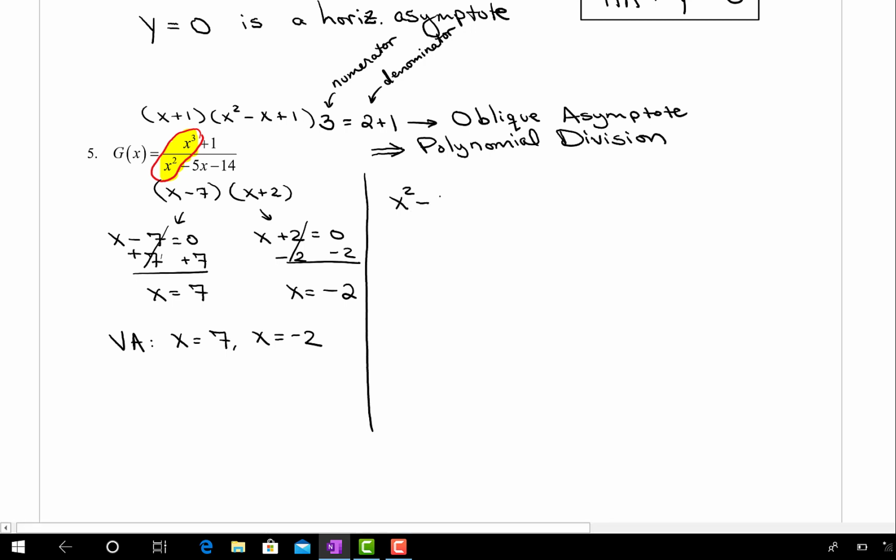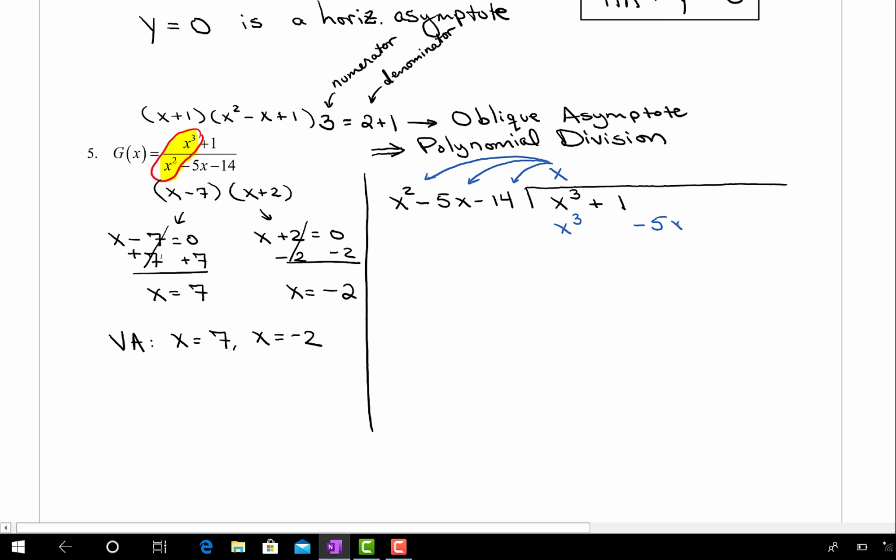So we're going to put our divisor out first, x squared minus 5x minus 14, and we're going to divide into our numerator, which is x cubed plus 1. Make sure they're both in descending order. Focus on the leading terms. What do I need to multiply x squared by to turn it into x cubed? Well, I need to multiply by x. So imagine I distribute this x to all three terms in the divisor. I'm going to get x cubed minus